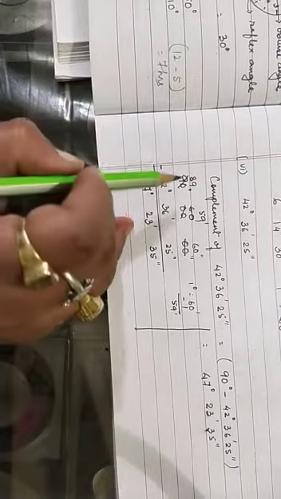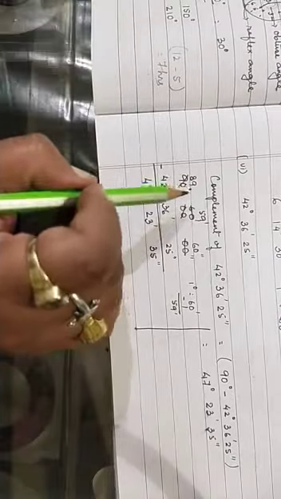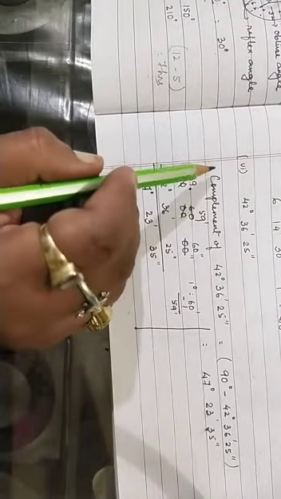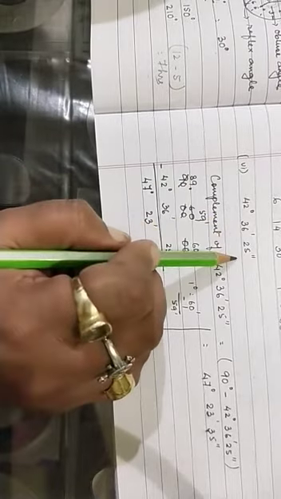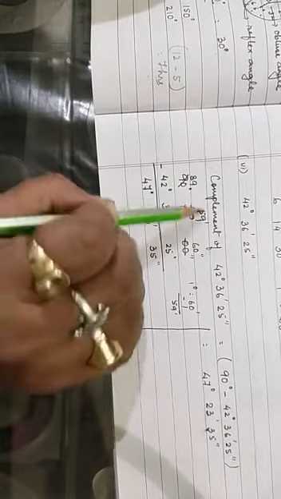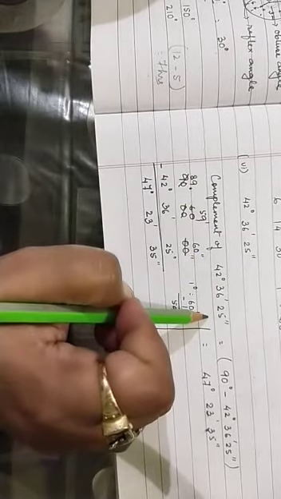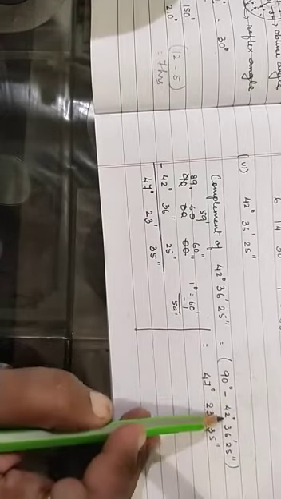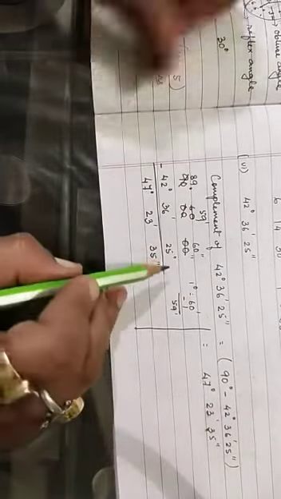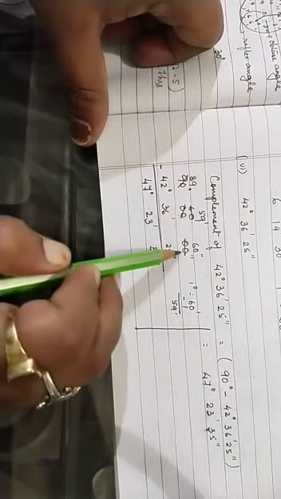Then the next example, that is question number 8, number 6. It is 42 degrees 36 minutes and 25 seconds. Now what is the complement of 42 degrees 36 minutes 25 seconds? That is equal to 90 minus this whole thing. Okay, then how do we subtract from 90? See, 90, 0, 0, 0, 0.